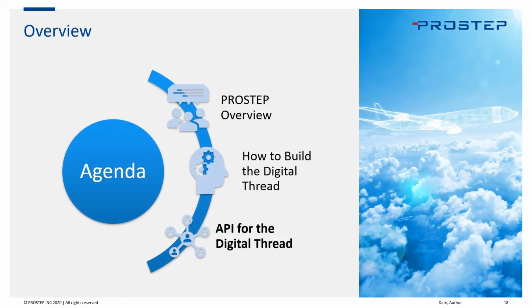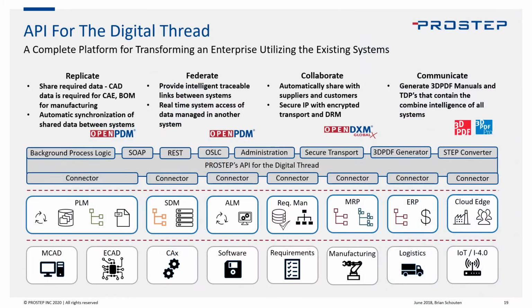Let's take a look at the ProSTEP API. So ProSTEP is trying to bring together different functionality in what we're calling the API for the digital thread. And this includes functionality for replication, meaning exchanging binary data and copying it from one system to another. Federation, and that means you can query from one system into another system to provide maybe link data or update data from that system. Collaboration, and this is really an